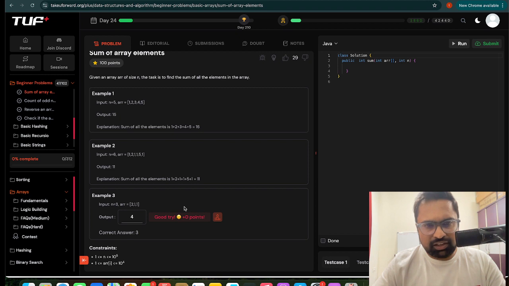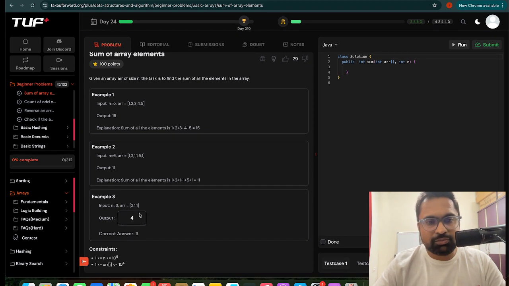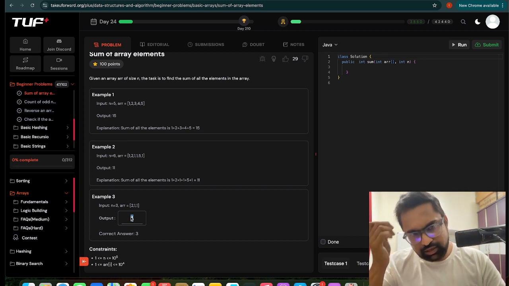Why is it giving 3? n equal to 3, right? So it should be 4. I don't know why it's giving the wrong answer. 2 plus 1 plus 1, it should be 4, right? Anyways,